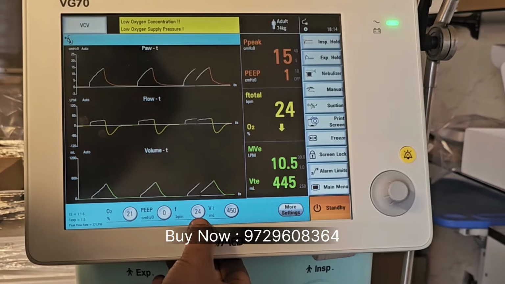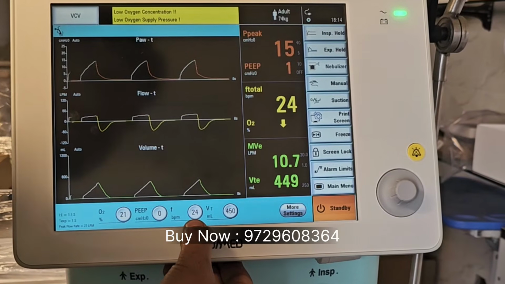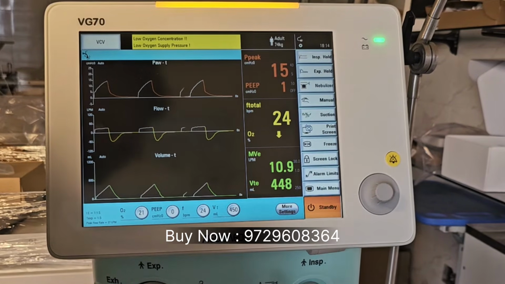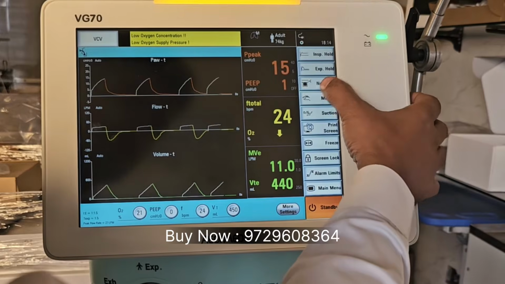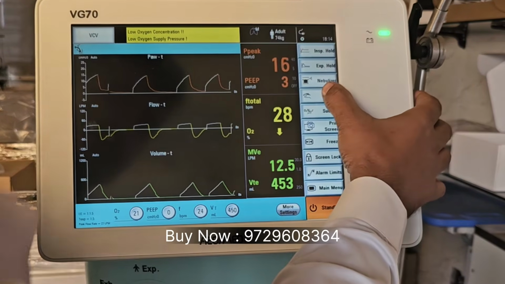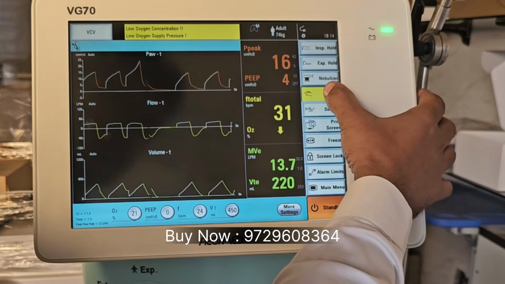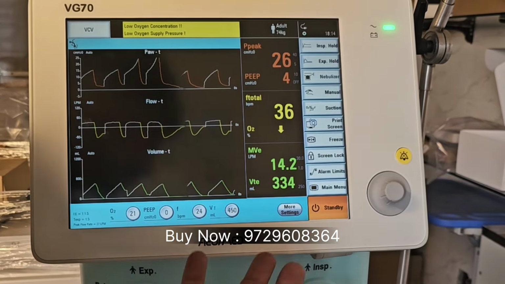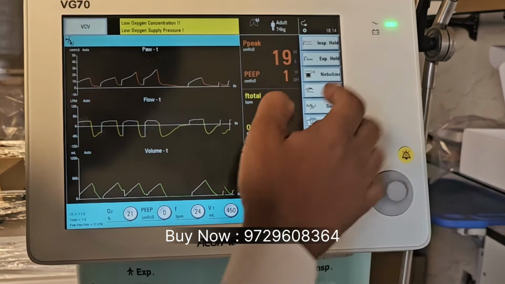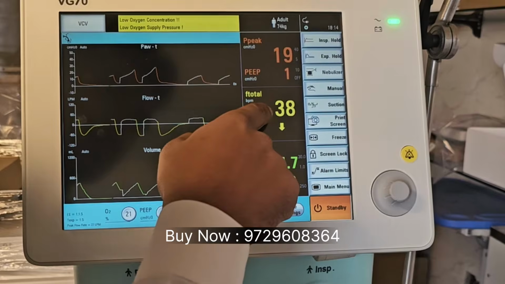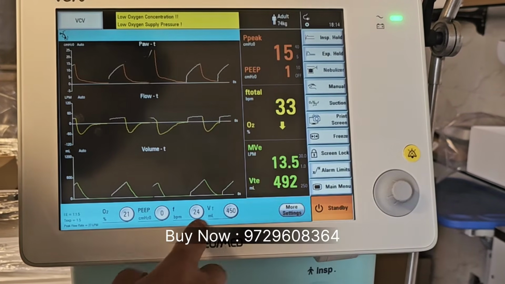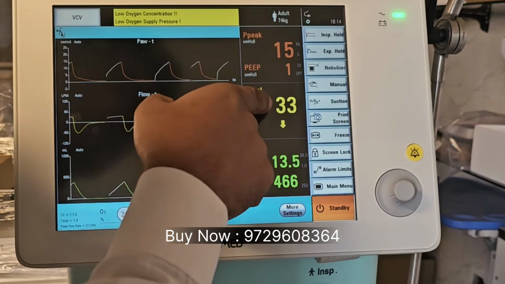This button is used for manual breath. You have set a breathing rate of 24 breaths per minute. If you want to give any extra breath, you have to touch it. Check. When you press it, an extra breath will be given to the patient. Like this. देखो यहाँ पे 38 आ गया था, तो जो यहाँ पे एक्स्ट्रा ऐड हुआ है वो मैनुअल ब्रीथ